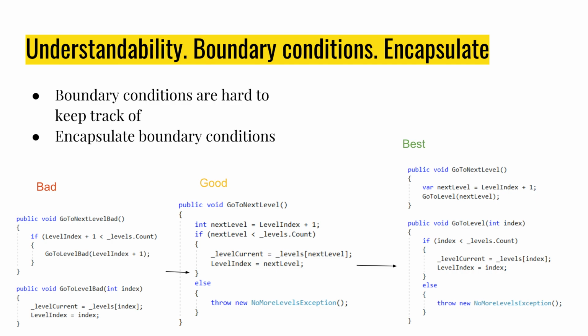If I put a name instead, I no longer need to know what it is used for. It's obvious already. So the second example on the right is much better because next level already shows intention, what +1 does,